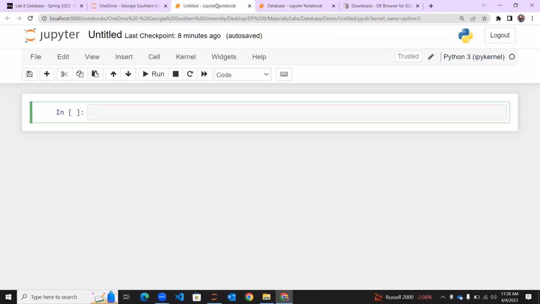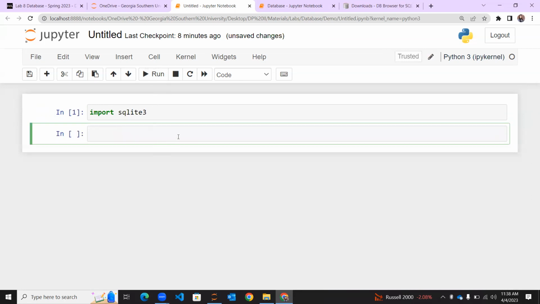So you can import SQLite 3 and connect to the database. Import SQLite 3. Since you have already installed SQLite without any error, you should get it. And then next, we are creating another object to work with, to create the database. To connect this SQLite to the database that we are going to work on, you have to use this SQLite object dot, and